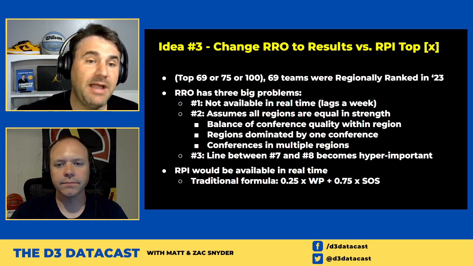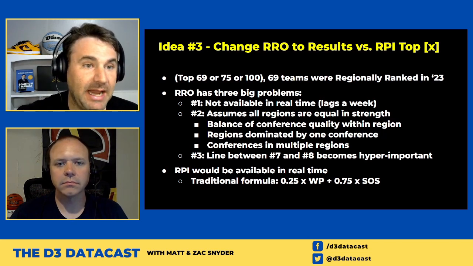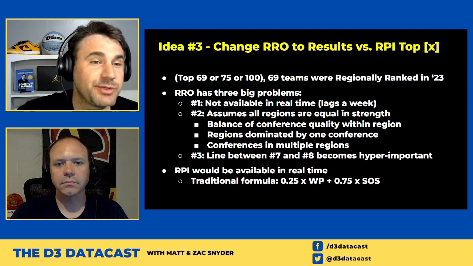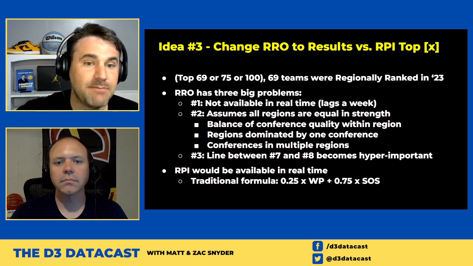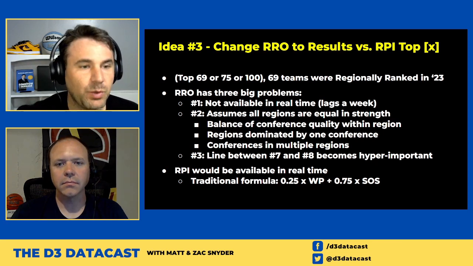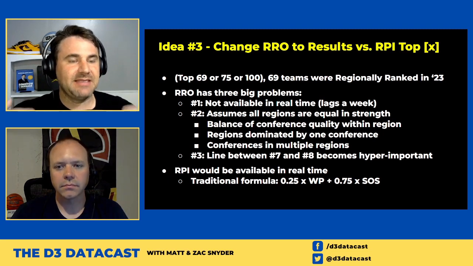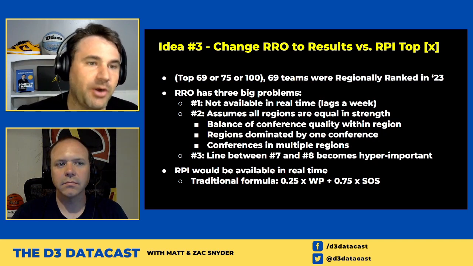The third big problem I have with regionally ranked opponents is that line between who's ranked and who's not quite ranked. In most regions last year, that was the number 7 and number 8 position. That's super critical. The committees are saying they're spending most of their time figuring out where that line is because it's super important next week to see who was regionally ranked and who wasn't. So now we're drawing 10 arbitrary lines across the country, and we're making that the most important thing. If we have just a top 100 RPI, there's only one line, 100 versus 101. There's only one line in the country where that's super important. And that's another reason why I would say set the line low enough where it doesn't really matter that much because you've already gotten all the good teams.